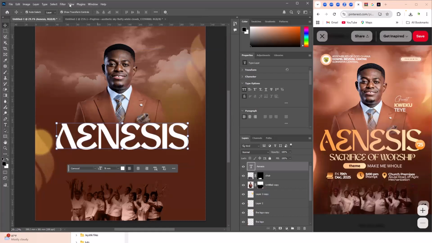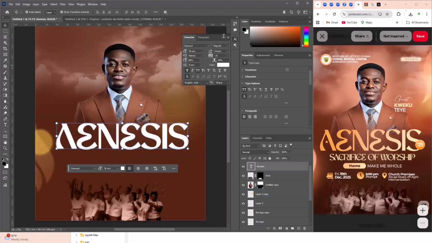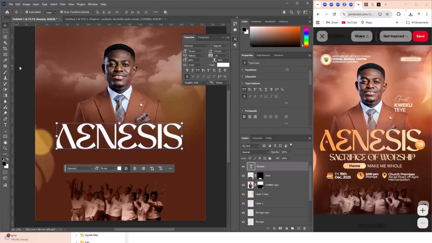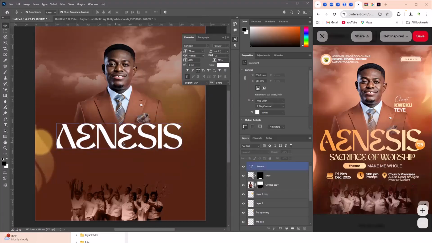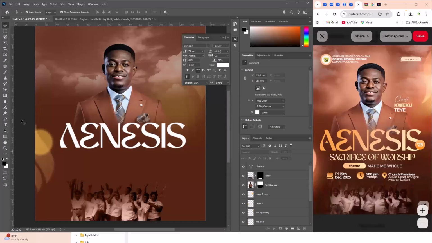So when you go to View, no, Window, you're supposed to see Character. When you activate the character panel here, you can now have access to this whole thing. So let's remove the bold from it. So we are using this NSS. Then you see there's this small triangle here. So when you pick it,